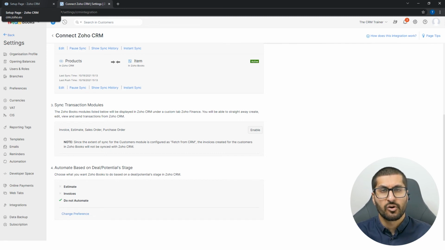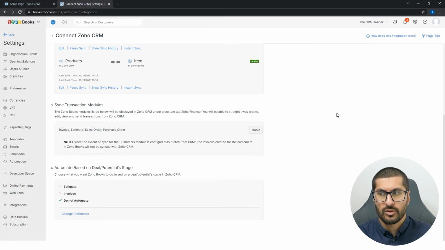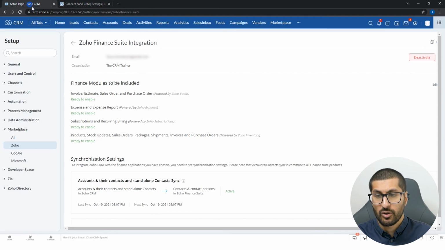Now that you're going to use Zoho Books transaction modules in the CRM, you need to pick what you want to do with the existing CRM modules. Go back into the Zoho Books integration page and you will see it says here sync transaction modules. And essentially what it's doing is it enables the Zoho Finance transaction modules in your Zoho Books. If you're using the standard Books transactions in CRM, then you don't really need the Zoho CRM modules, and you can go into Zoho